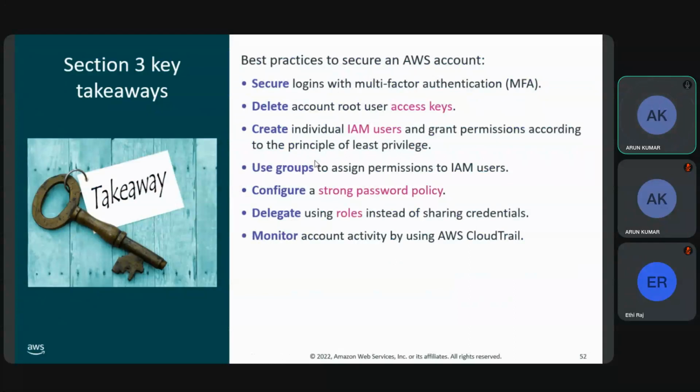So again, for this we need to follow these best practices for any AWS account. We have to make sure that it is secured. For securing, we should enable multi-factor authentication, that is the first part. Then we should delete the root account access keys, so that others cannot use it. Always create the IAM accounts with the least privilege functionality, and we can put the IAM users into groups